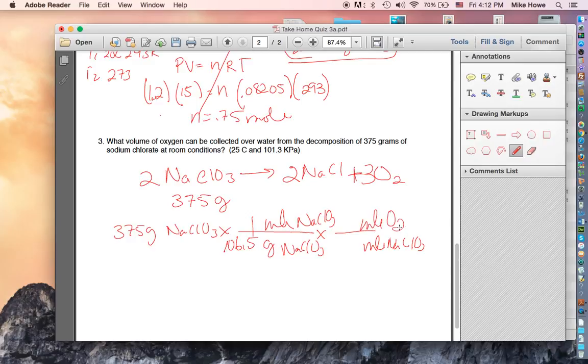Moles of O2 go on the top. There are 3, there are 2. All right, 3 and 2 came from here and here, of course. Okay, so that gives us how many moles of oxygen? So 375